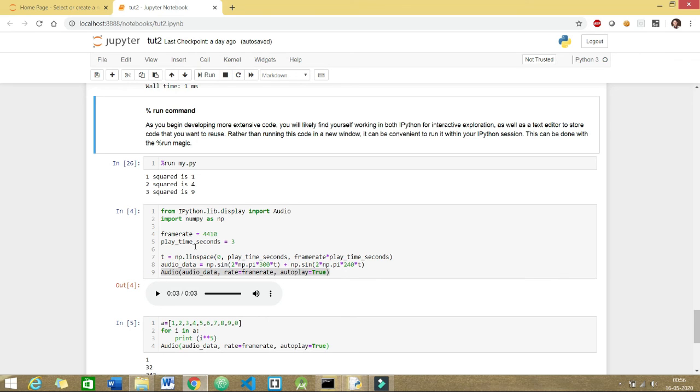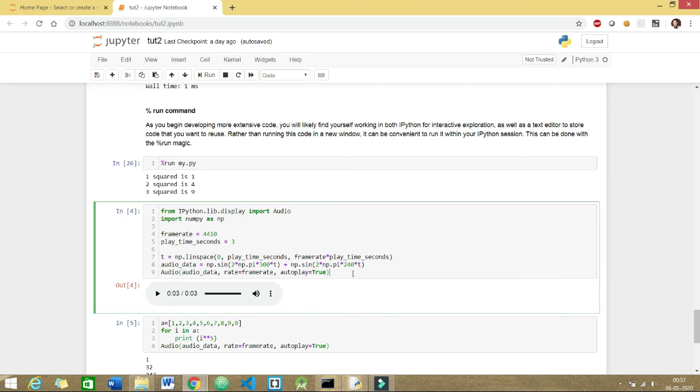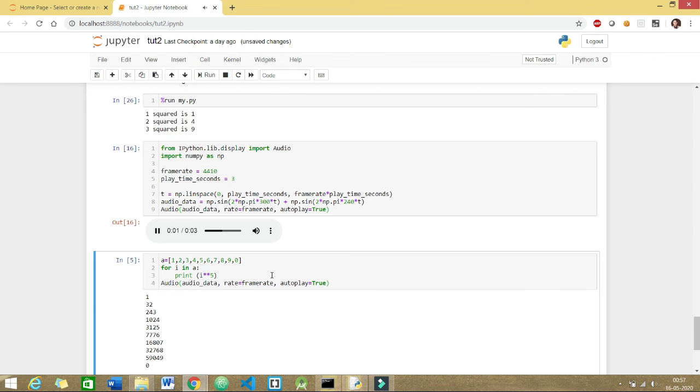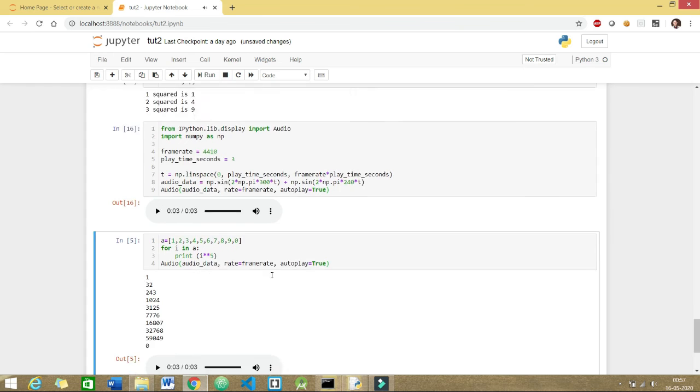Okay, so the next important thing is, and this is my favorite, whenever I was working on large data sets, there used to be times that I had to wait the entire night till the execution of my code was over. And I wished that there was a function that could alert me that, okay, your execution is over, now you can do something else. So I've just created a simple code, and once I execute it, you'll hear a sound like this.